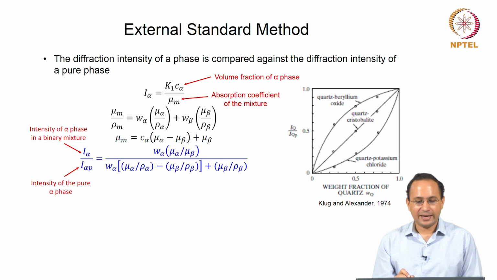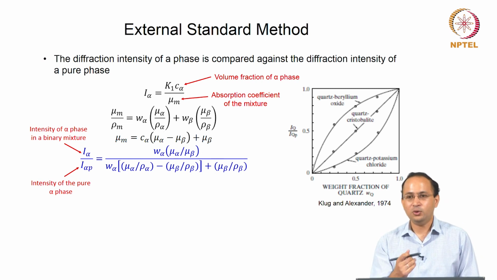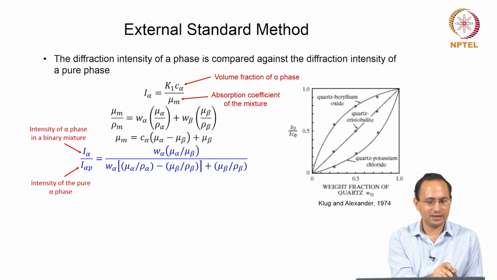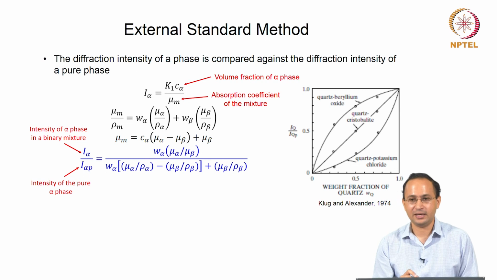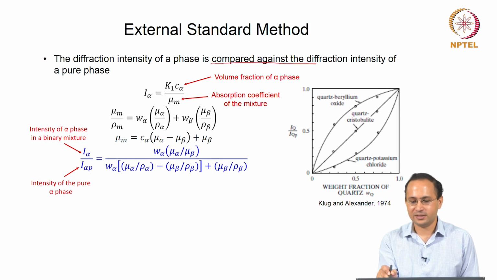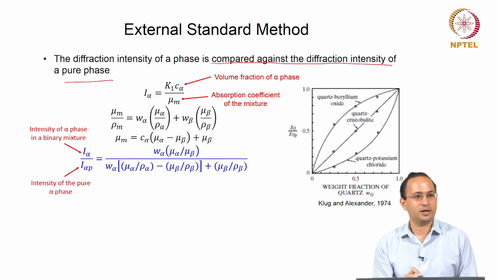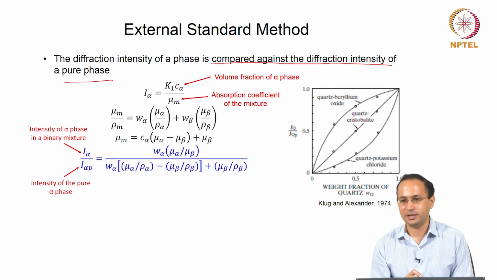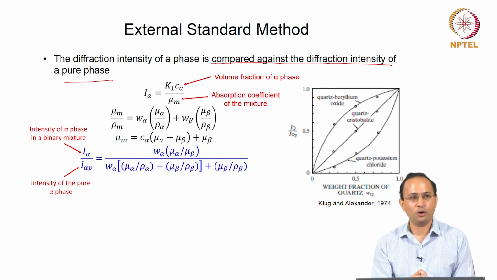So, let us look at the external standard method. What do you get from the name external standard? You are using a standard externally, simply if you look at the name of the method. Basically, the diffraction intensity of a phase is compared against the diffraction intensity of a pure phase. Suppose you have a mixture of alpha and beta, a simple example. Now, you are comparing the intensity of alpha in your sample to the intensity of alpha in pure alpha phase,